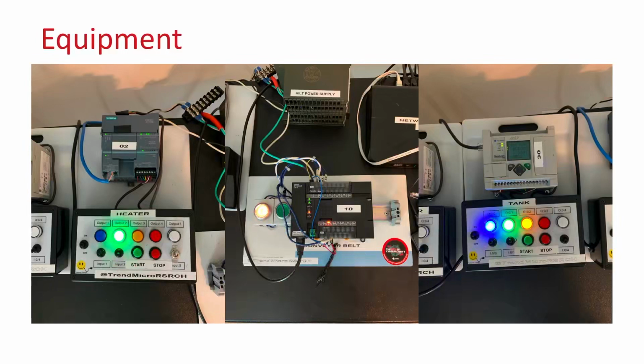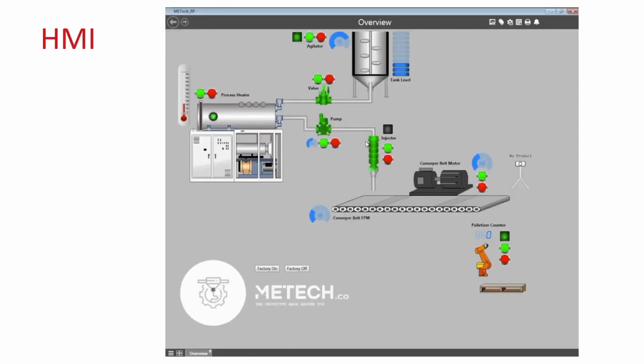So the equipment that we picked up was a Siemens S7 1200, Omron CP1L, and two Micrologix 1100. And we started to try to develop the logic and what our system was before we had any idea what we wanted to do. What ended up working best for us was actually creating the HMI first. Once we were able to create the HMI, creating the logic afterwards was a lot easier for us. So once we were able to visualize what our factory did, we were able to create our logic and program